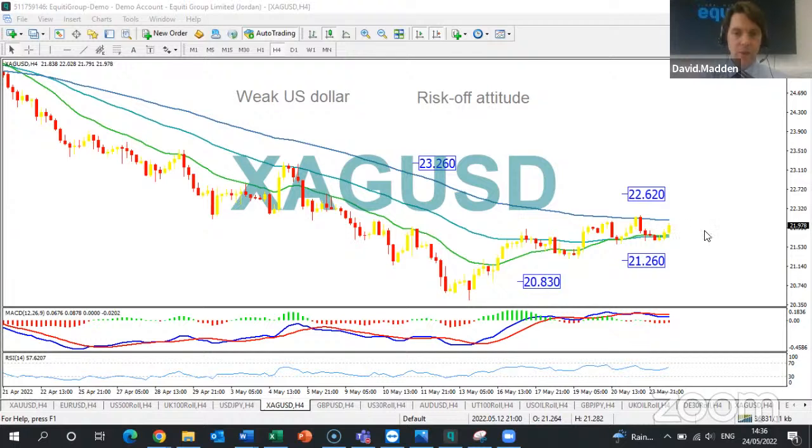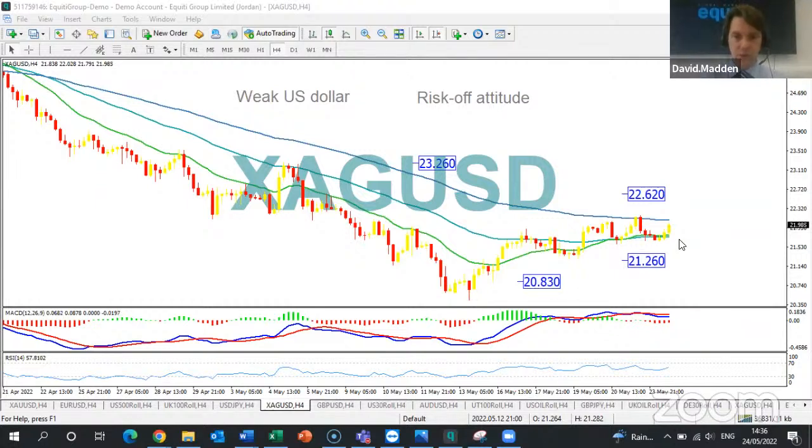But since then, we've seen a fairly large rebound in silver. We can see a series of higher highs and higher lows along the way. In fact, only yesterday, in the past 24 to 48 hours, we've seen silver rise to a level last seen about two and a half to three weeks ago. So looking at the price action, while silver continues to hold above these two simple moving averages, it's likely the medium-term upward trend will continue.